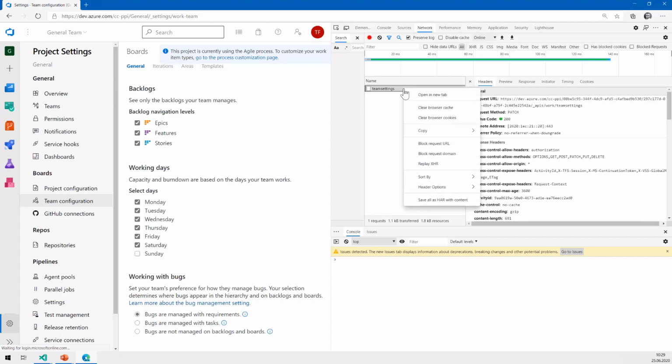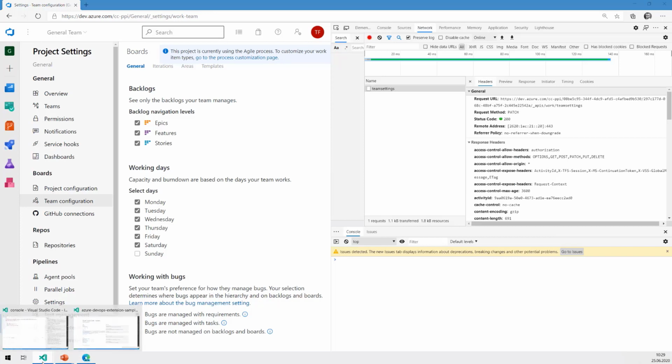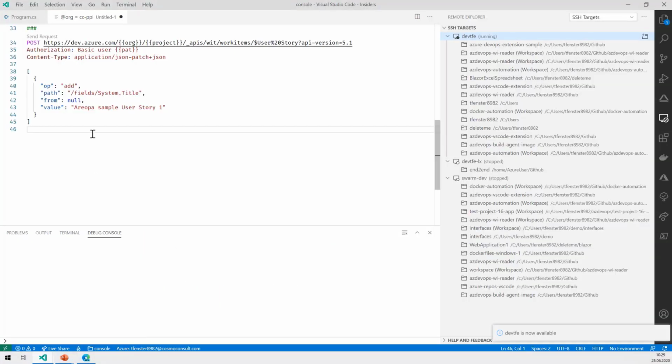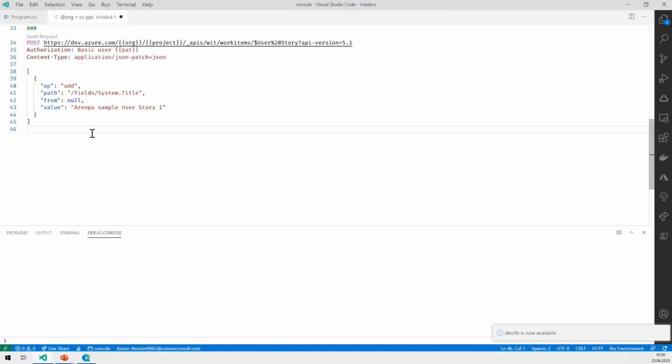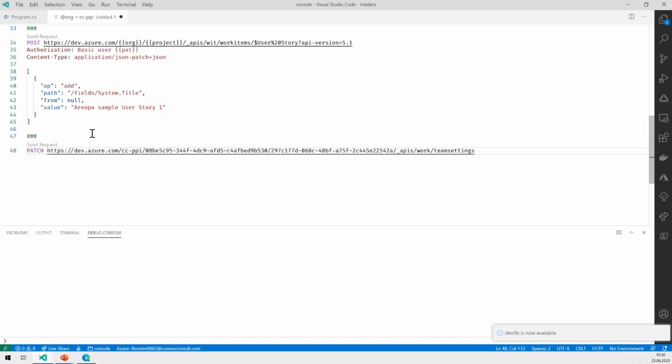So in order to use this, it's quite easy. I'll just copy the URL here, go back to my Visual Studio Code project, add a new request. You've seen that this was a patch request. I'll add the URL. Now, if you start to work more with the API, then you will notice that this is actually the org.